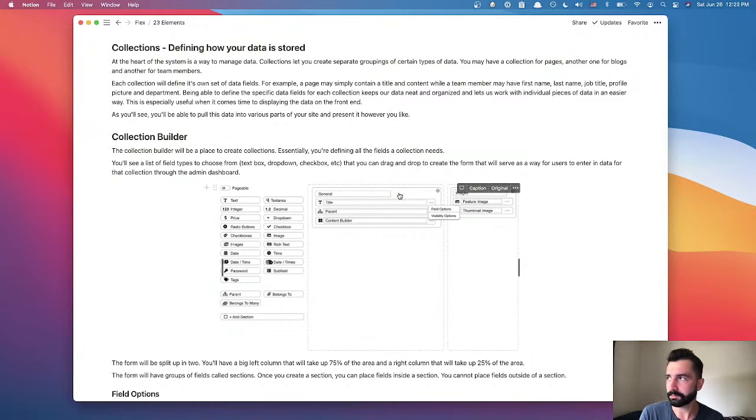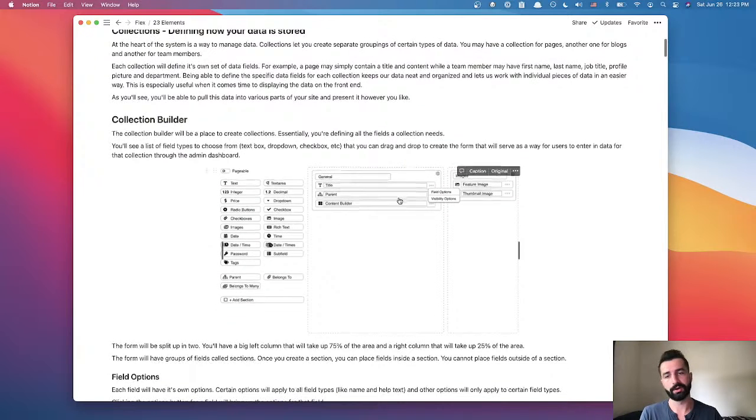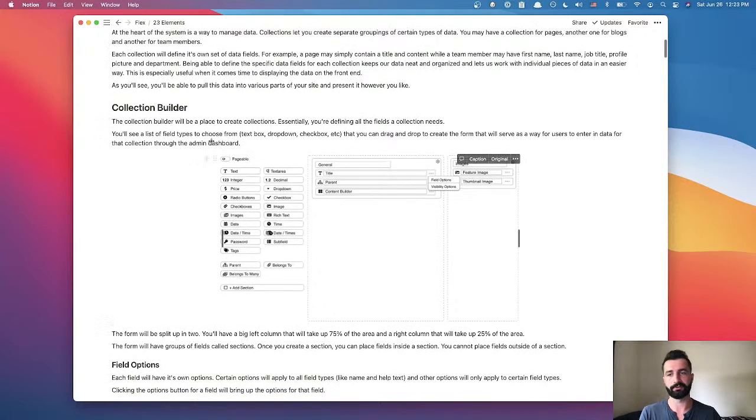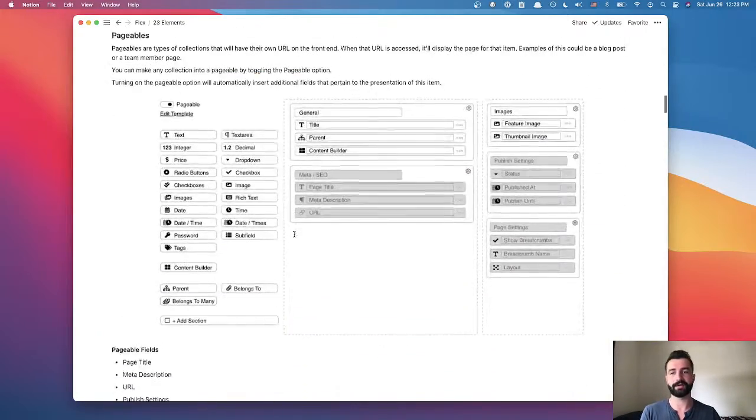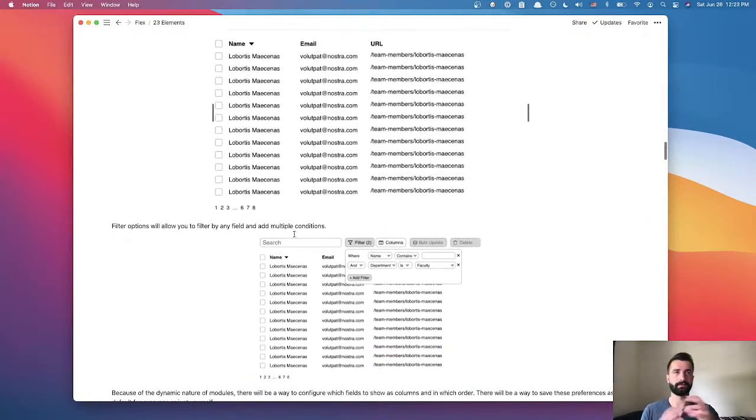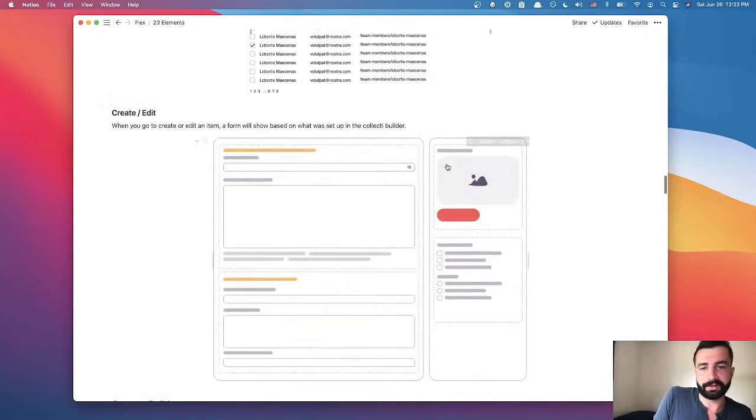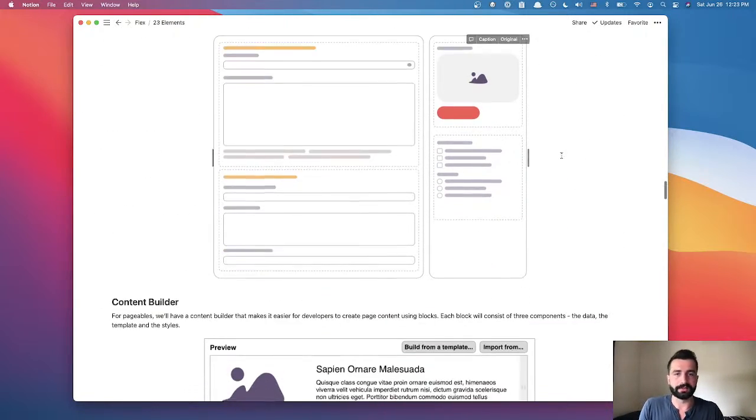My original idea was to maybe start with the collection builder, build all the different fields, and then move on to building the CRUD, where you can manage those items, and build each feature one at a time, and then at the end you'll have a way to build a website.